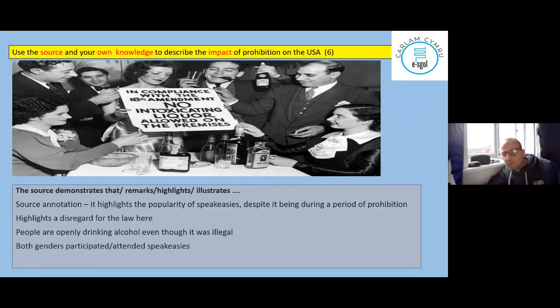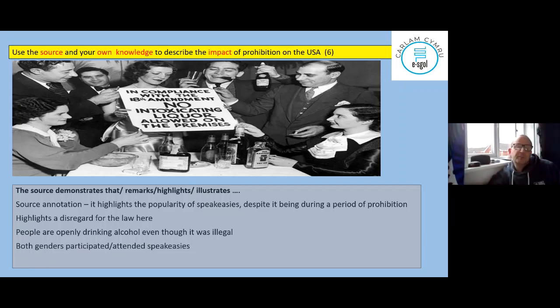For example, from the source, we can see a number of things. Now, I have written down here that I would not start with the words, the source tells me that. I would use language such as it demonstrates that, it highlights the fact that, it illustrates. So what have I picked out? From the source annotation, you remember that it shows it's a speakeasy in 1925. So I would say it highlights the popularity of these illegal bars, speakeasies, despite it being a period of prohibition,